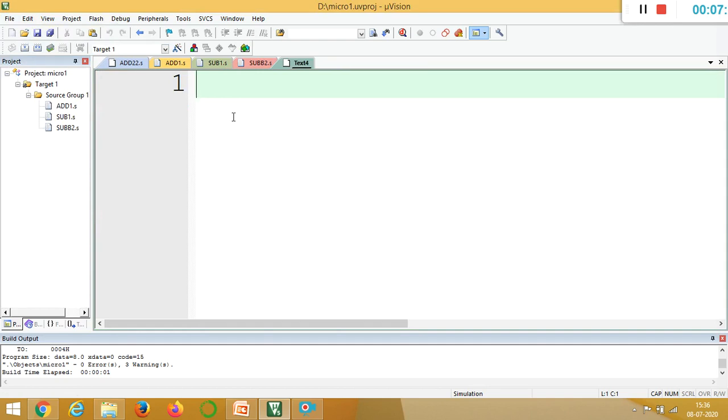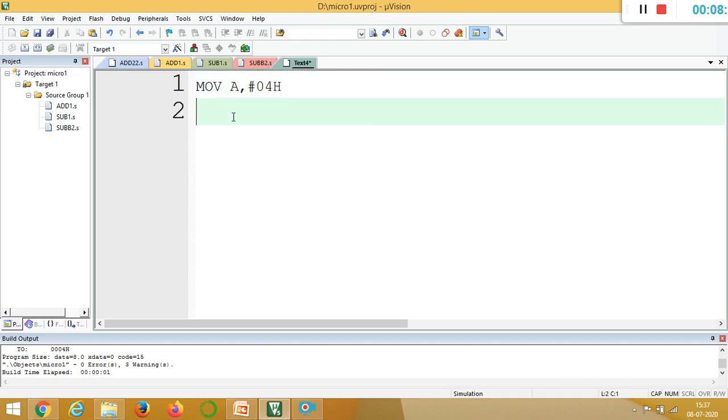So now I will write the multiplication program. So first I will take one value in accumulator, because for multiplication the instruction is mul AB. So compulsorily the value must be present in A and B. Okay, you can't use R0, R1, and so on. Only with respect to A and B, multiplication and division is going to happen. Okay. So first I will load the value in accumulator. So I will write move A comma, I will take the same value, let us take 04.